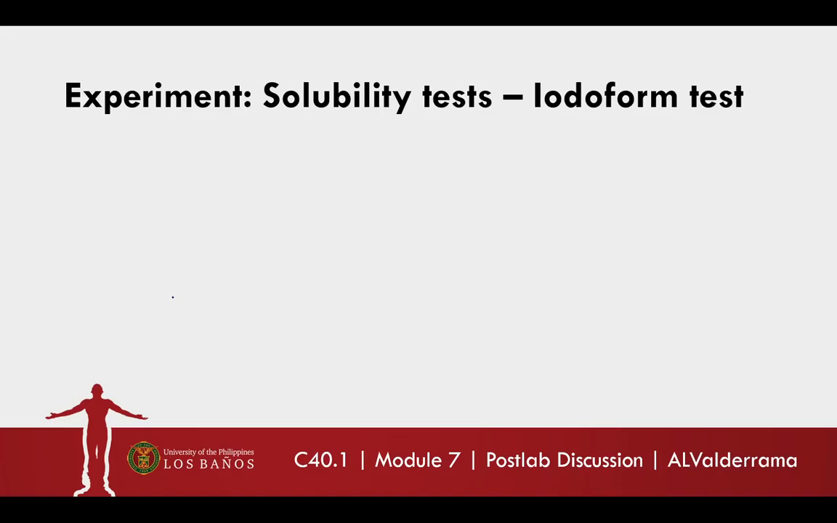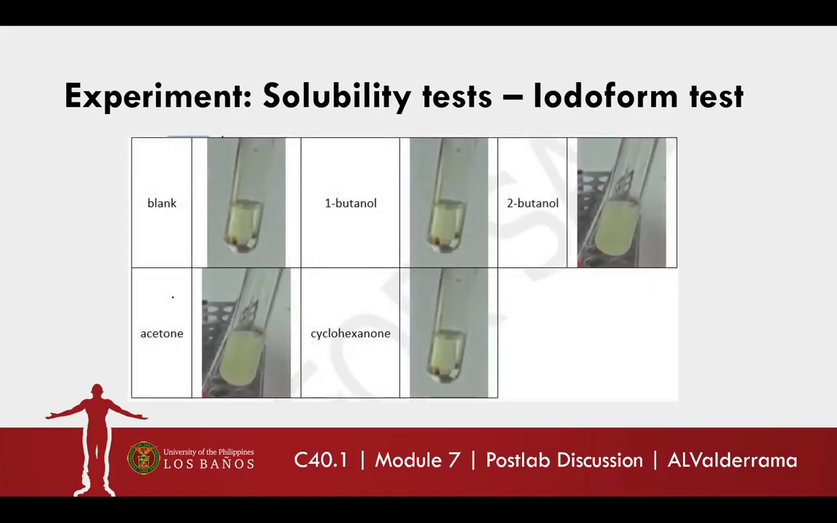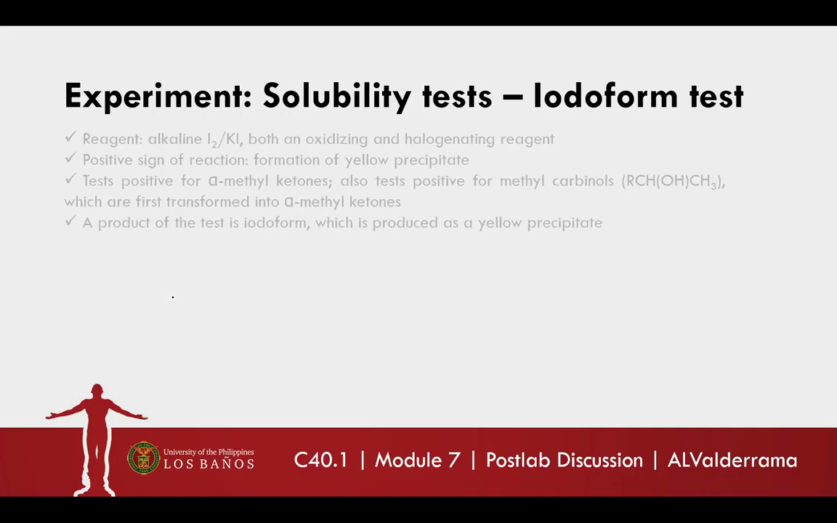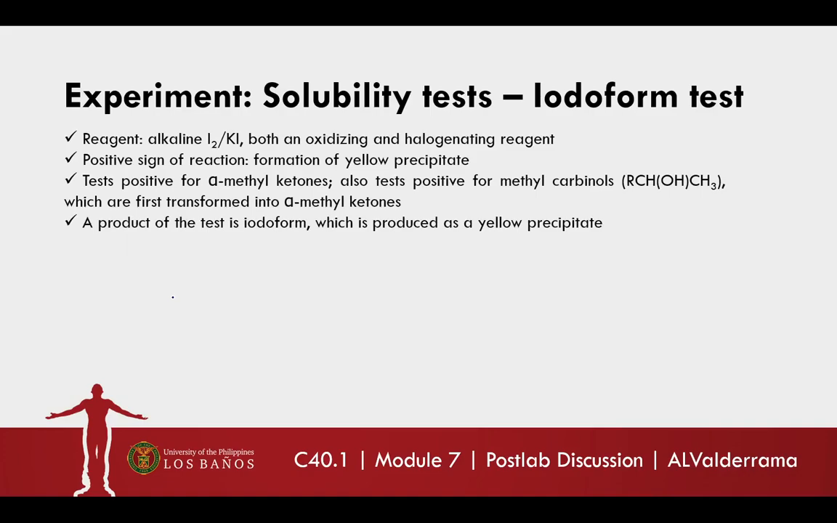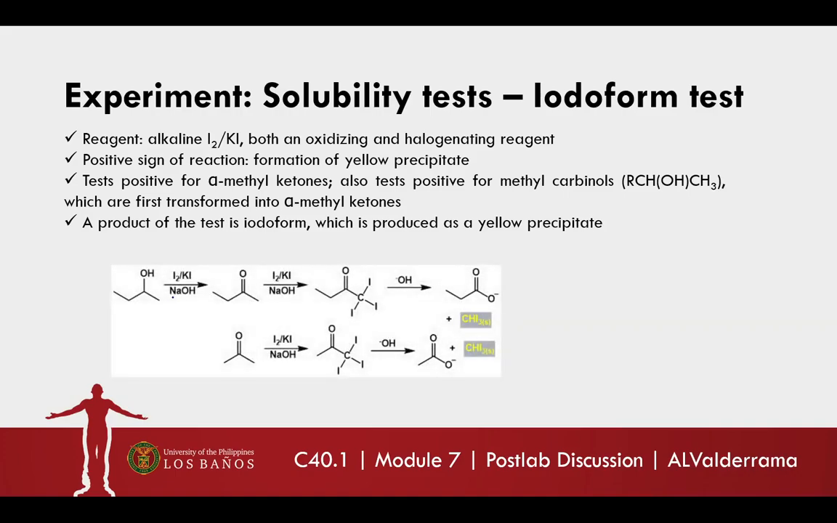So next is we have your iodoform test. So ang iodoform natin is the formation of yellow precipitate. So this yellow precipitate is due to the presence of alpha methyl ketones. And also, it may test positive for methyl carbonyls. Okay? So what happens here is, so alpha methyl ketones, so ito yung ating methyl ketone,